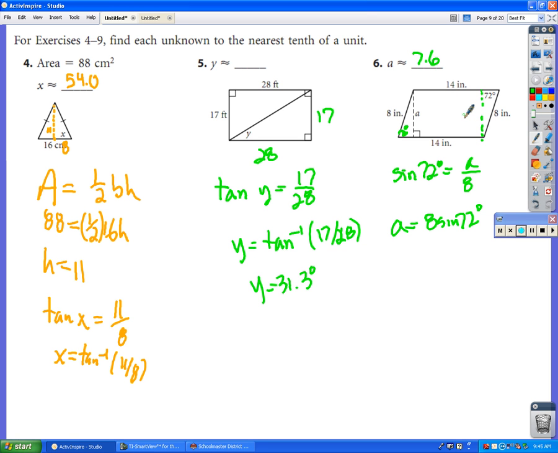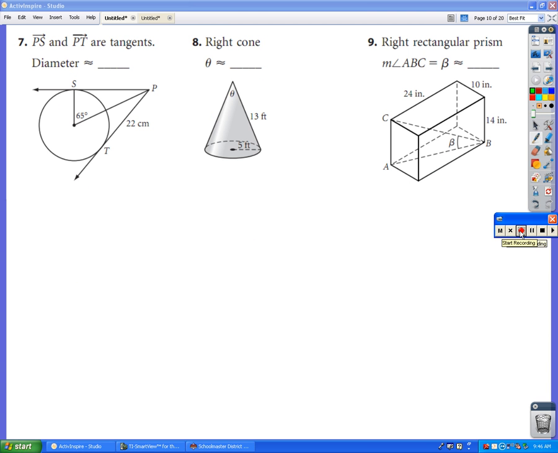So this was 31.3 degrees, and that is inches, and that is centimeters. Okay, that's the end of video 1. I will take this up again in a second, so we'll play the next